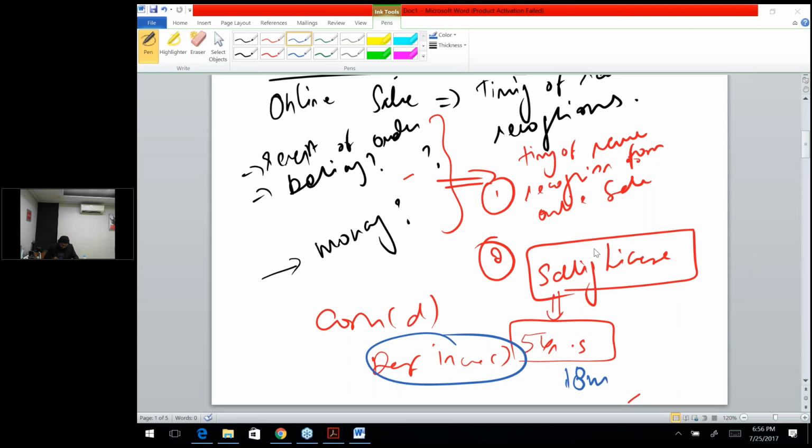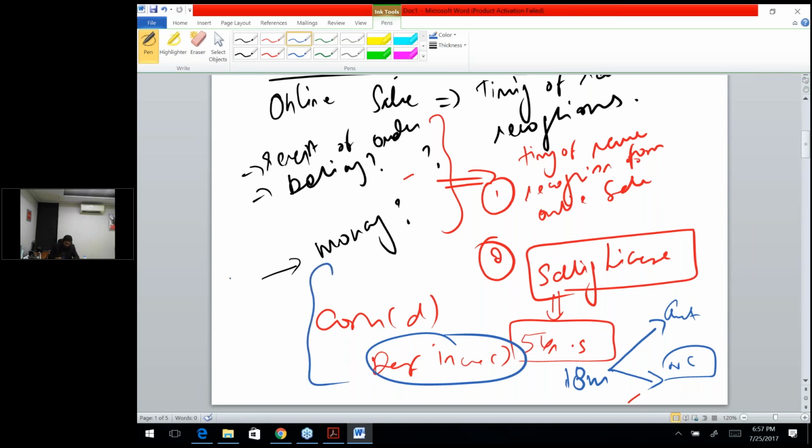I repeat it. Now, if the 18 million is the deferred income, then you need to split it between the current and the non-current portion. Why do we need to split it? The reason is that the 18 million would not be earned in the next 12 months. It will be earned over the next 4 years. So the amount that is going to be realized in the next 12 months should be shown in current liabilities, and the amount that will be recognized after 12 months should be shown in non-current liability.